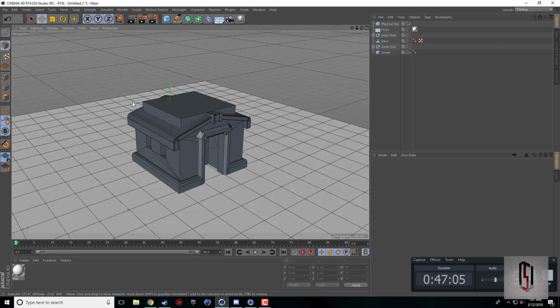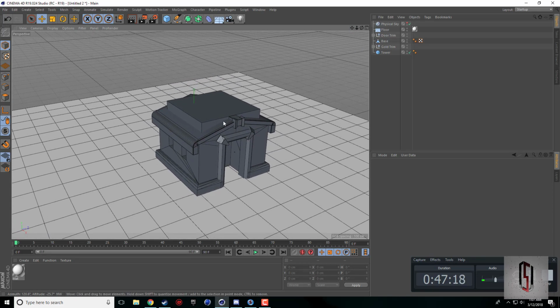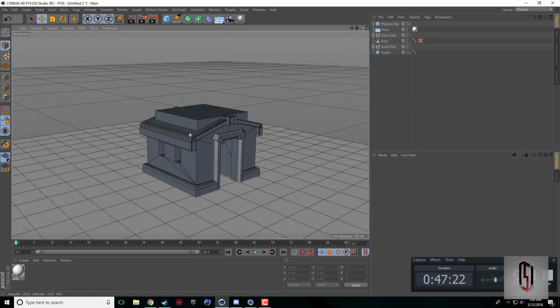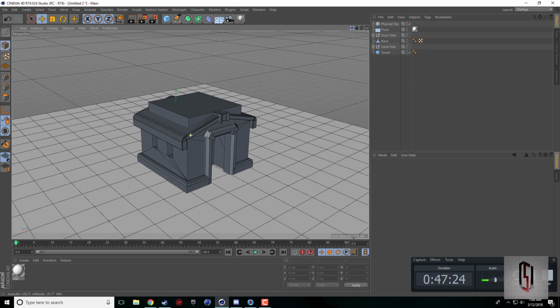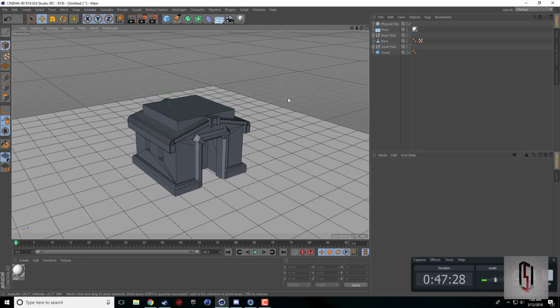Part 1, modeling the base of the Town Hall 10 within Clash of Clans, or within Cinema 4D. Part 2 is going to be the tower. And then if we don't have enough in part 2 for doing all the texturing and everything, we can do a super quick video on that one as well. Alright guys, I will catch you in the next part of this tutorial on how to do the tower, and we're going to cover the chains on the front